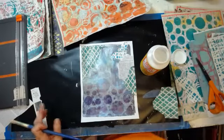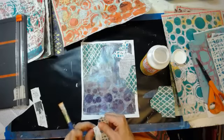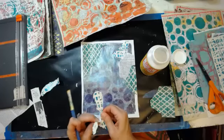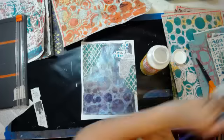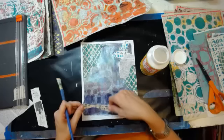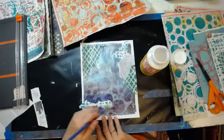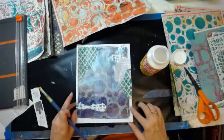Oh, excuse me. And then I like those numbers, but I want it skinnier. There we go. Save those scraps for another. Okay, and then let's trim that from the back. And then that's ready